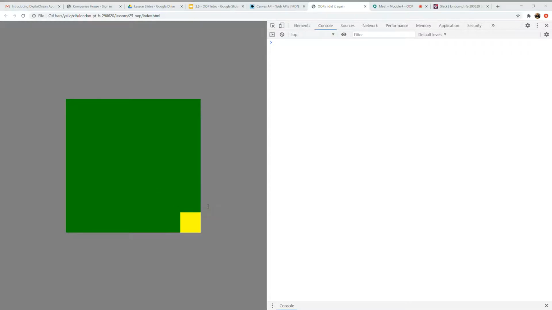So we've done some inheritance, we've done plenty of encapsulation and abstraction, and we've got some polymorphism in there as well. Okay,